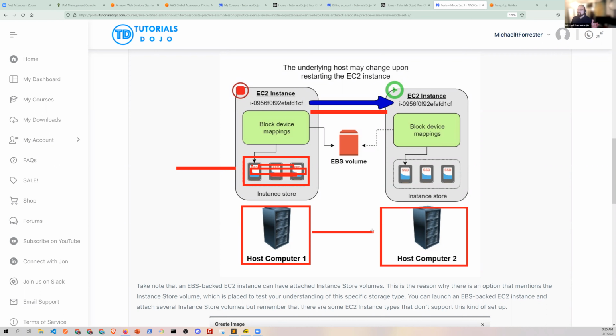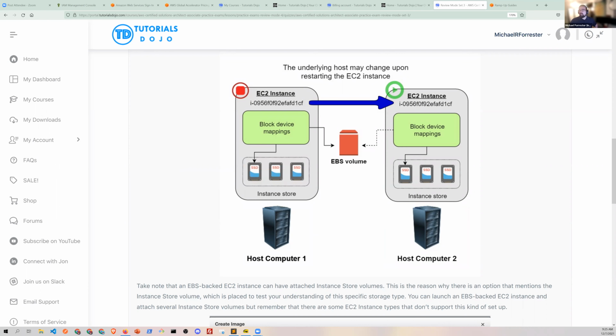So there's no way Amazon's going to let you recover it. As a matter of fact, Amazon can't even recover the data, even if they found the old host you were on, because another virtual machine probably got started and ate your disks. That's what happens all the time. So they're asking you, do you know how instance storage works? By the way, what's the other service you're going to use if you don't use instance storage? It is the recommended service for providing a hard drive to EC2. What's the name of that service? EBS, Elastic Block Store. That is the hard drive service for EC2.